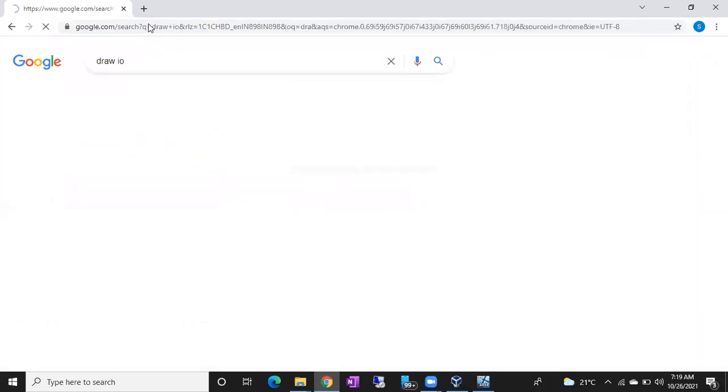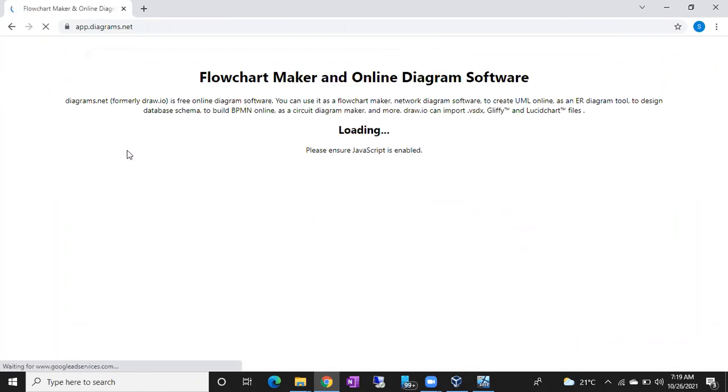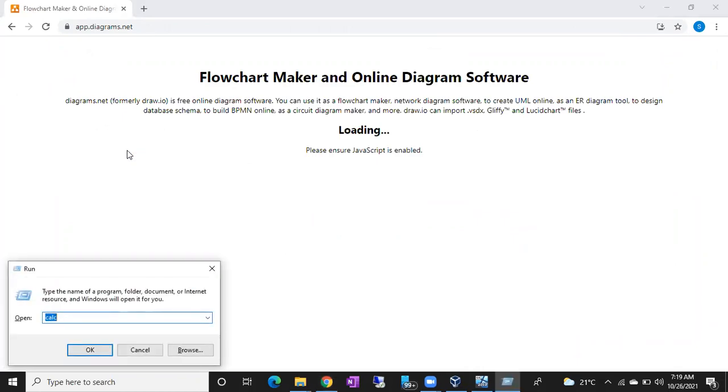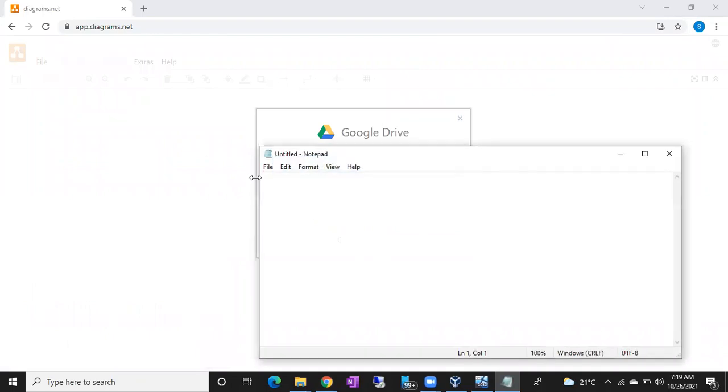If you go to some companies, they will follow different strategies for connecting to the servers. The common strategy is remote desktop. What is that? A remote desktop. Let me open Notepad.